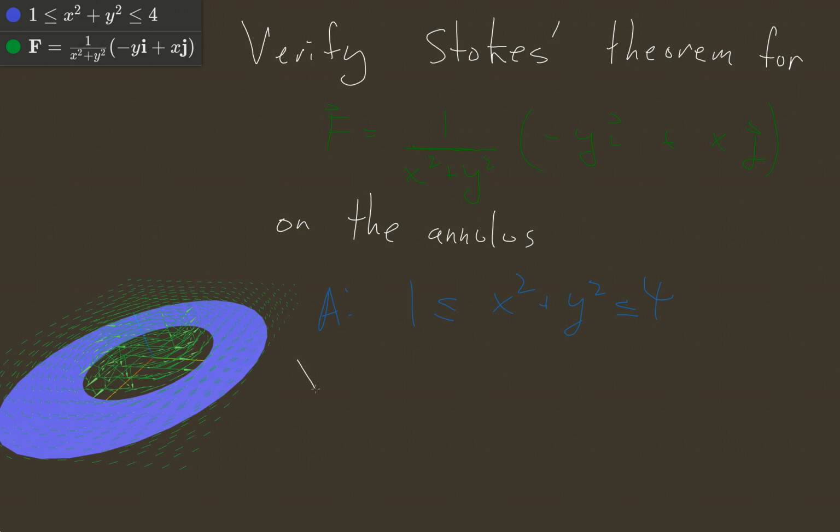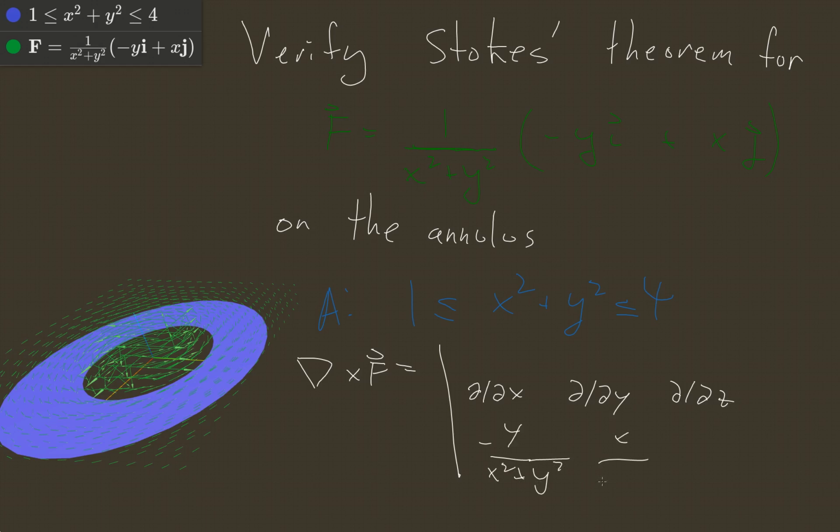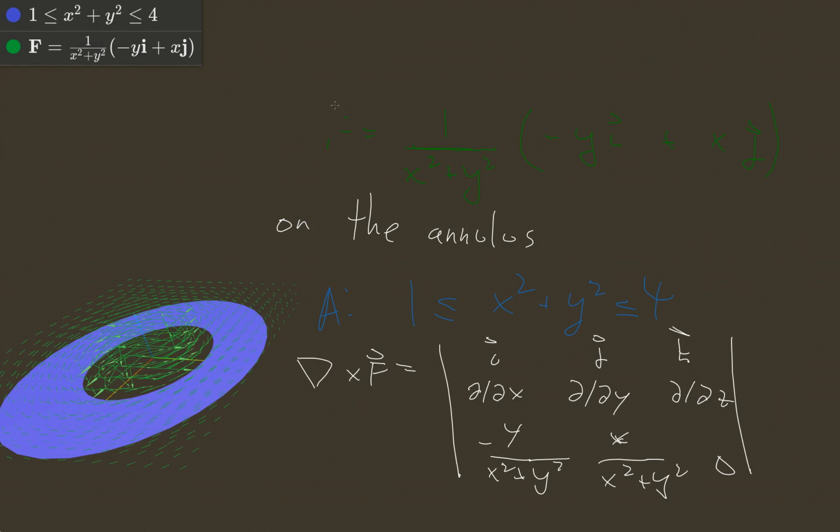As before, the first step is to calculate the curl of F. And F here is a plane vector field, so we really only need to calculate the k component. So this will be the determinant with i, j, k, then negative y over x squared plus y squared, x over x squared plus y squared, and 0. So this will only have a k component. So this is k times